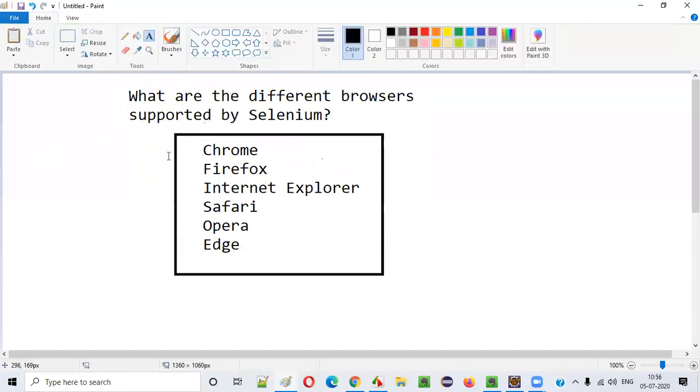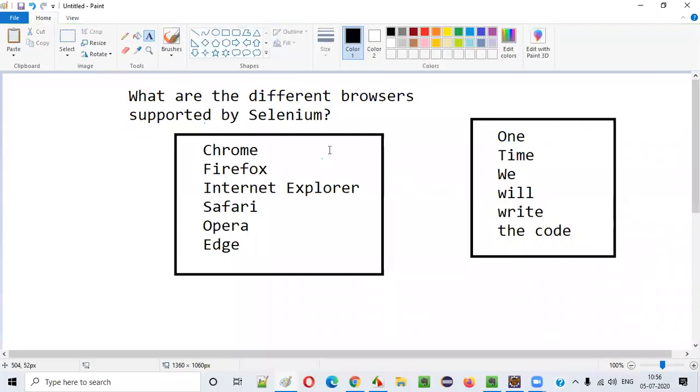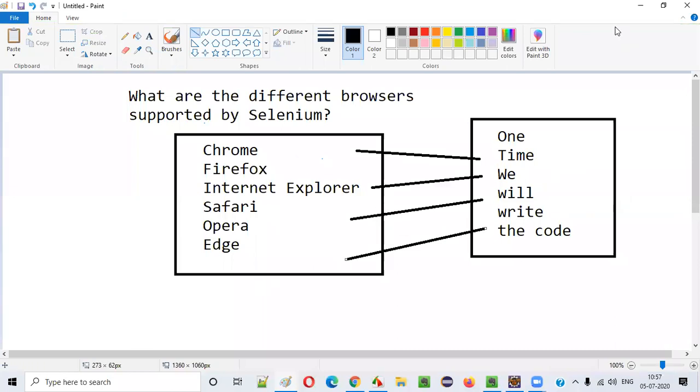So guys, one more question. Do we have to write automation code for each and every browser? For each and every browser I have to repeat the automation code writing? Is it a correct approach or not? No. How many times I need to write? Only one code. One time we will write the code and configure it in such a way that by adding just one or two statements to the same code, we will be able to execute the same code on multiple browsers. Right? Yes, correct. Same code.